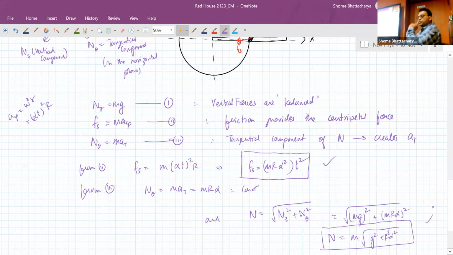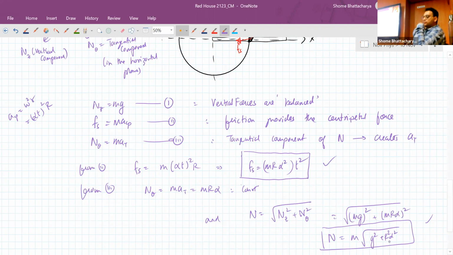So if this continues forever, or at least for a sufficiently long time, at some stage we will run out of limiting friction. So that could be the next question, that some numerical values are given here and it is asked at what time the slipping will start. So we have to equate the value of static friction here with the coefficient of friction into n. That is when the slipping will start.